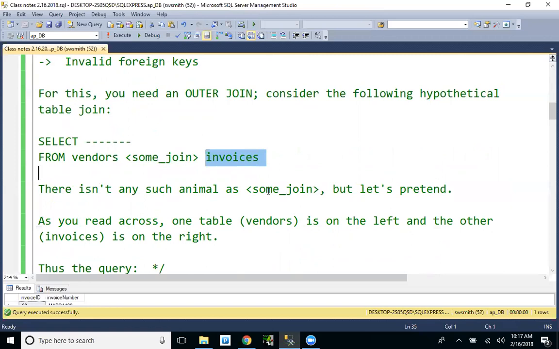I said that in the inner join it didn't make any difference. In the outer join it is going to make a little bit of difference, because we have one on the left and one on the right. And thus the query,